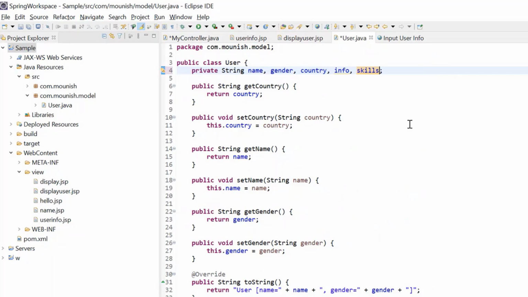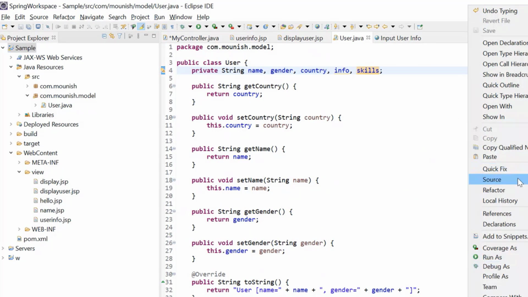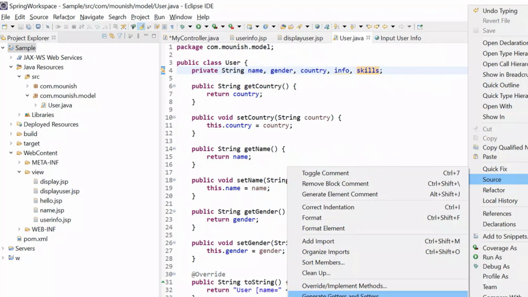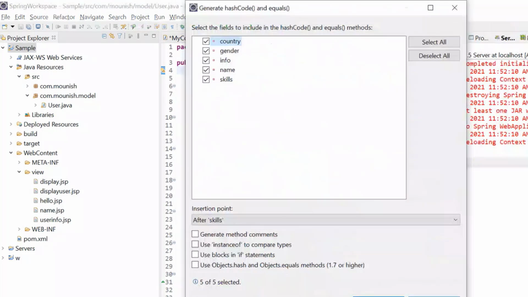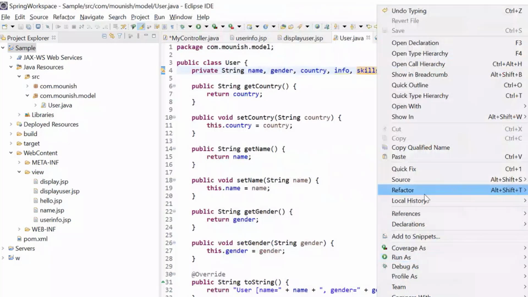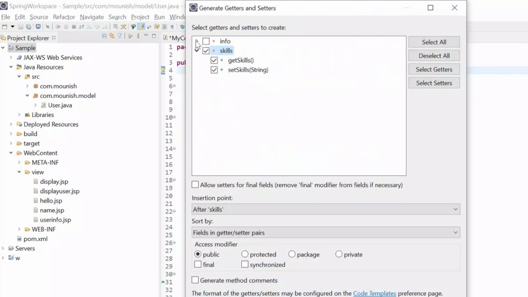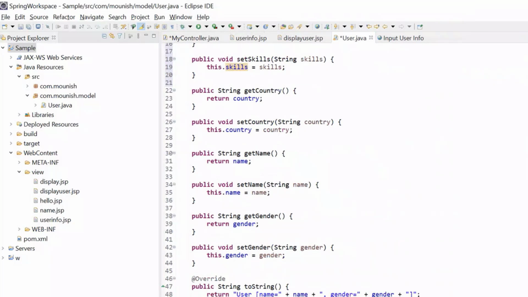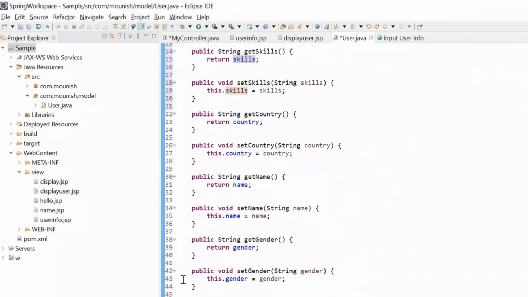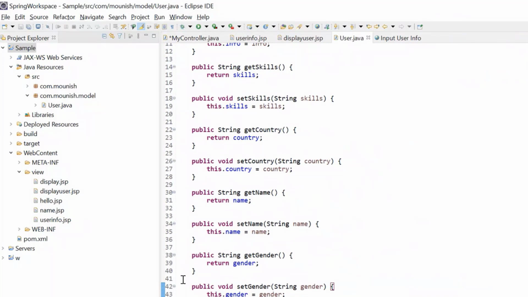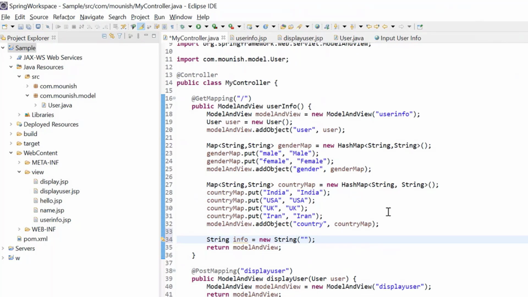So Control Shift F, save this, and go for source, getters and setters. Okay, there is something wrong. Go for the source, getters and setters. I need them for skills and info both, generating them, and I think I don't need the toString anymore. So I'll remove that, save this, go back to my controller.